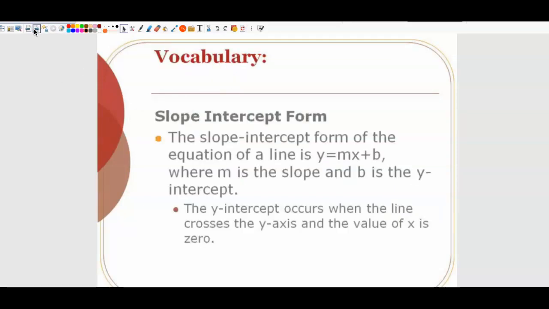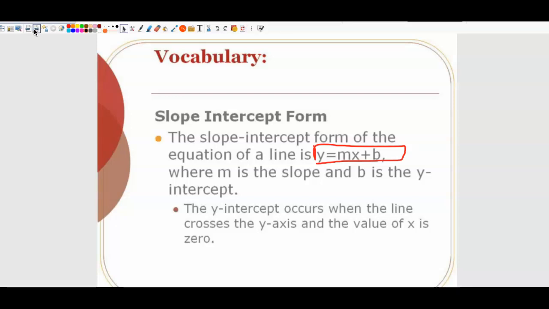Today we're going to talk about a new form of an equation of a line. So the other day we talked about standard form. Standard form was ax plus by equals c. Today we're going to talk about slope-intercept form. Slope-intercept form is y equals mx plus b,